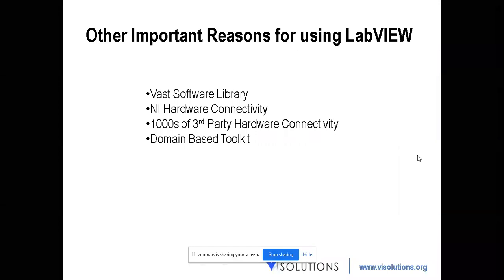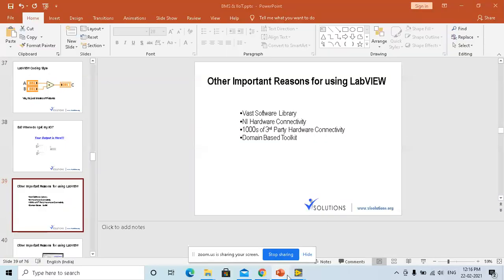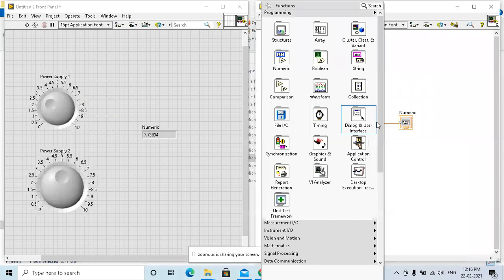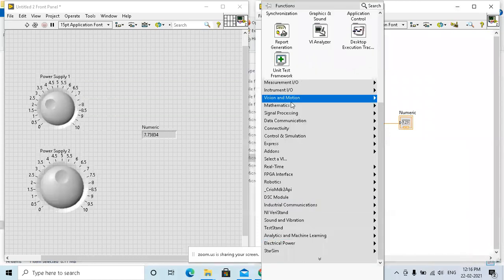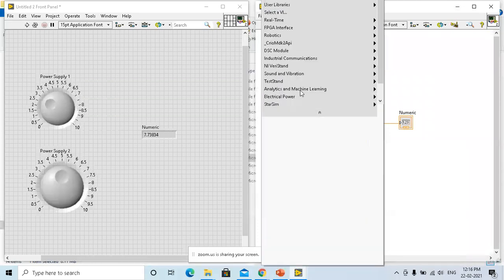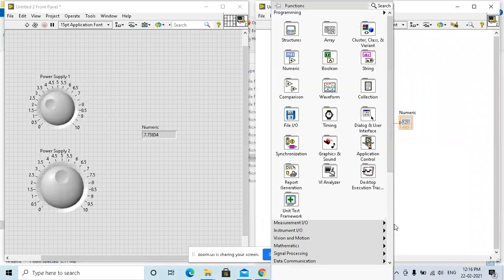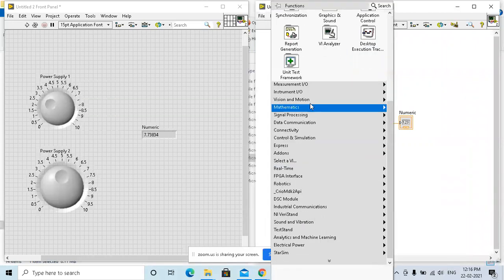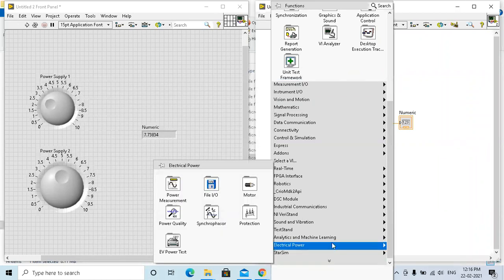The other important reason for using LabVIEW is the vast software library which it offers. Depending on requirements, let's say if you acquire the data, then next you have to process it. Depending on the type of stuff you're going to do, you're going to have an electrical power processing toolkit.